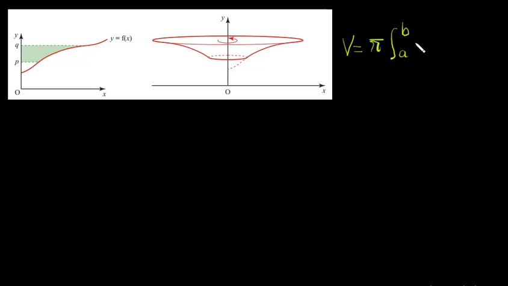Then we have x squared now with respect to y, dy. So let's say I have the curve y equal to x plus 2 and I rotate 360 degrees about